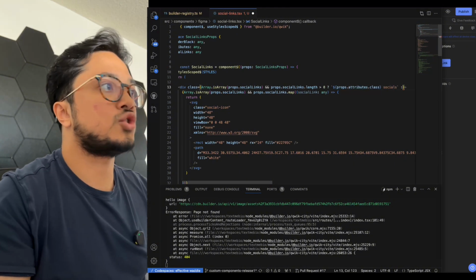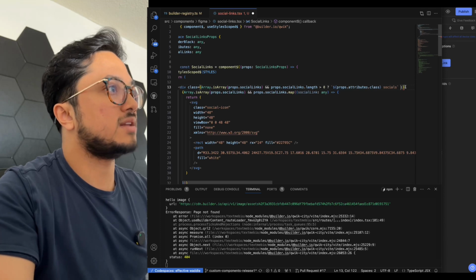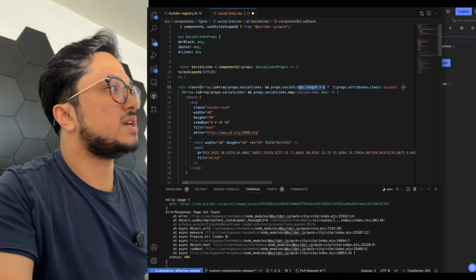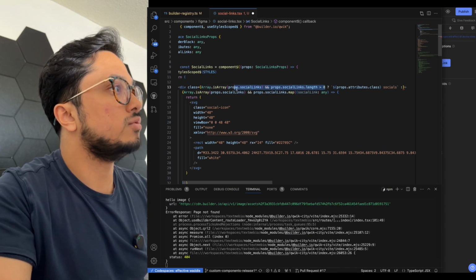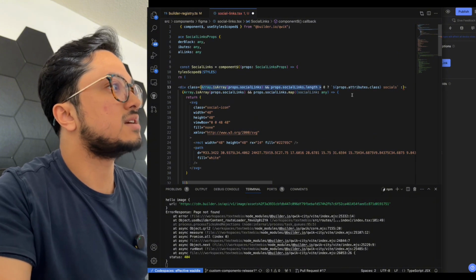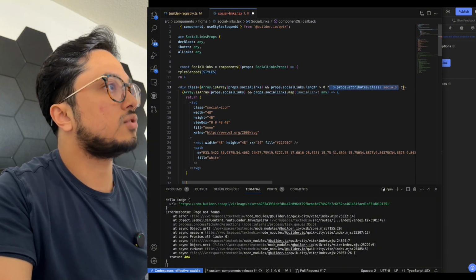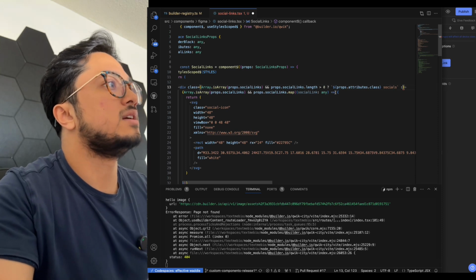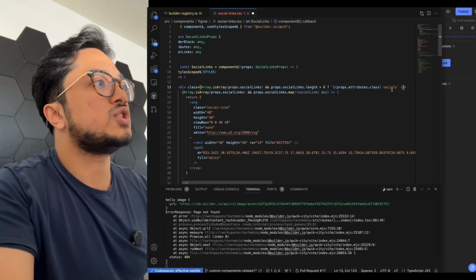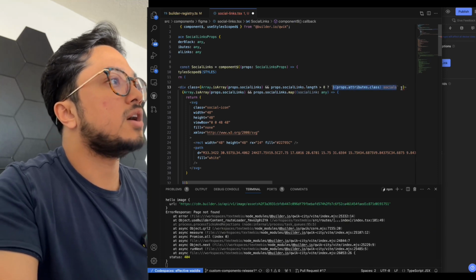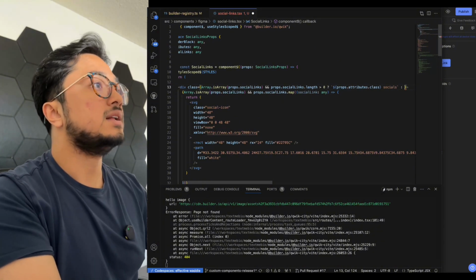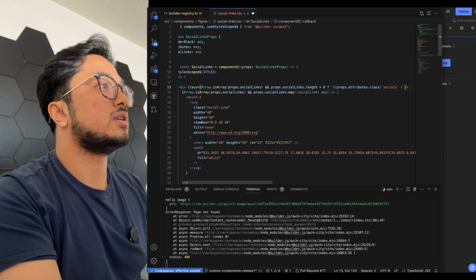Otherwise, this is a ternary operator, which is the question mark, and then now a colon, so we're gonna evaluate, this question mark means, is all of this true? And if it is, evaluate all of this, the true side is on the left side of the colon, and the false side is on the right. So if prop social links is an array, and the length is greater than 0, do what we were normally doing. Otherwise, let's take advantage of a Tailwind class, because we have Tailwind installed in our front end. Let's take advantage of a class called